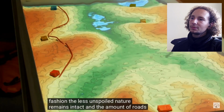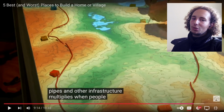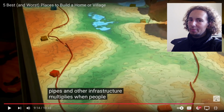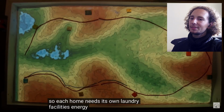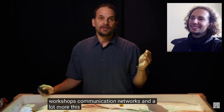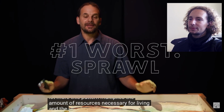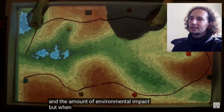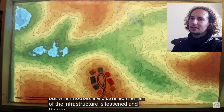And the amount of roads, pipes, and other infrastructure multiplies when people spread out. You're not going to build roads or pipes, you're just going to enjoy life like a beast. So each home needs its own laundry facilities, energy systems, storage areas, workshops, communication networks, and a lot more. This pattern multiplies the amount of resources necessary for living and the amount of environmental impact. But when houses are clustered, then all of the infrastructure is lessened, and there's the opportunity